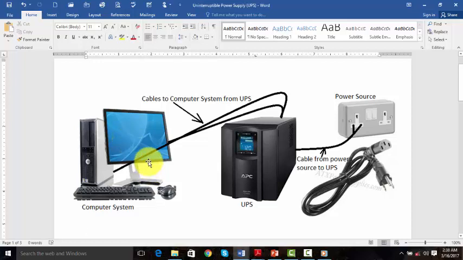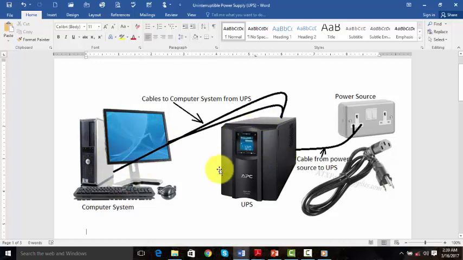Then from there, the computer will be shut down with all the work saved nicely without losing any work. If this UPS is not connected between the power source and the computer, and power goes, a user will lose his or her work, because the power will not warn this person that it is about to go. So the computer will shut down automatically when the power goes.